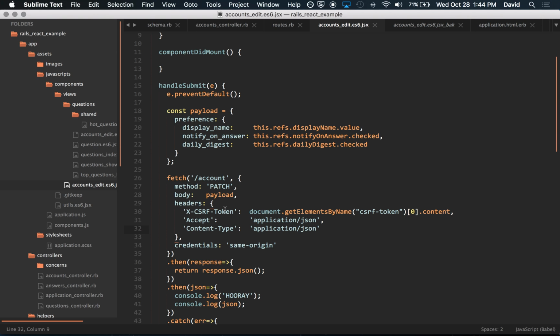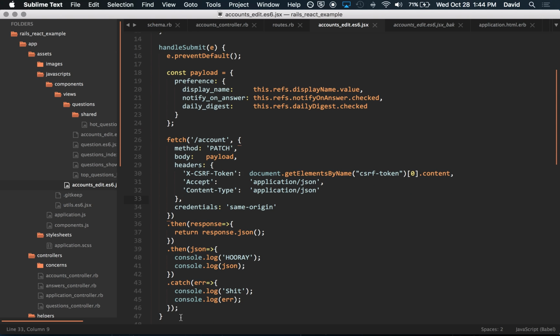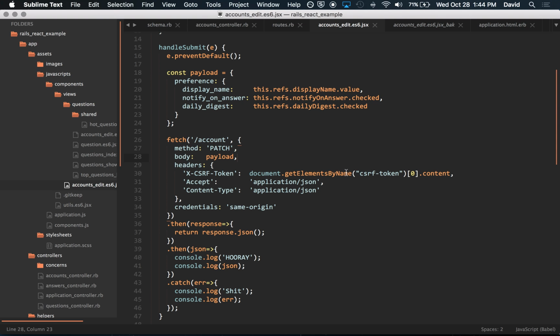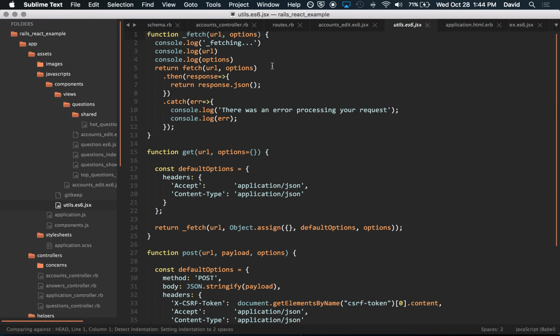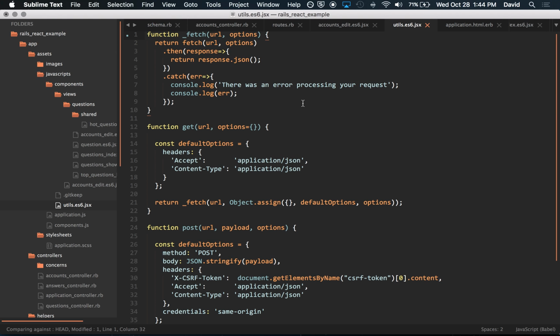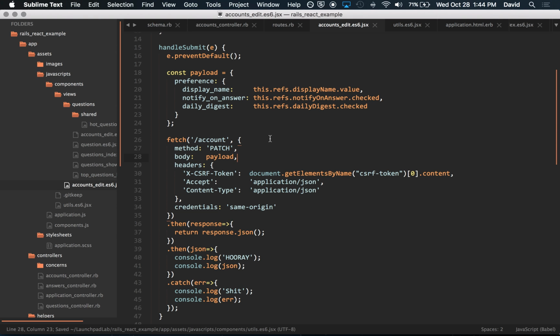But what I will do is, all this stuff is basically some pretty common stuff that we're going to want to refactor. So that's actually what I did. As I looked at when you guys were working away, I have a utils thing here that actually abstracts all that out. So instead of doing this myself,